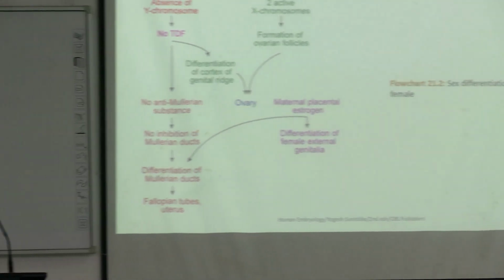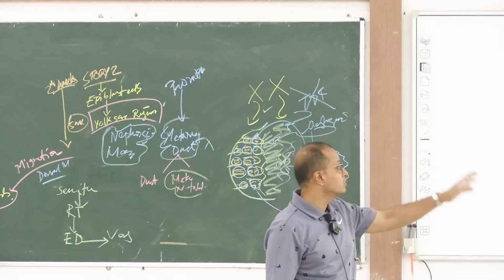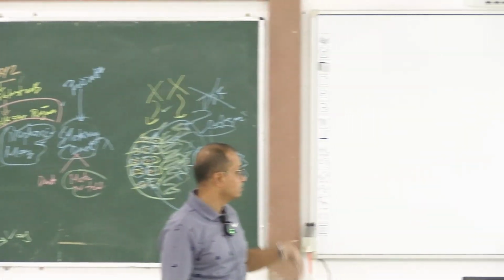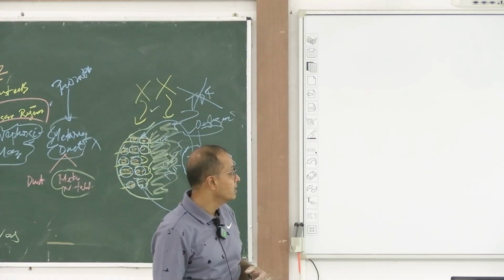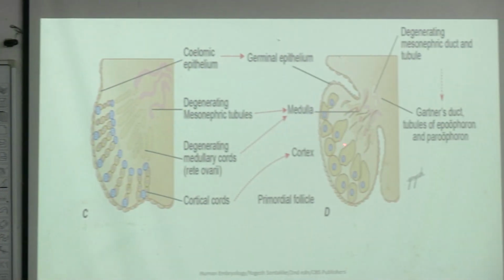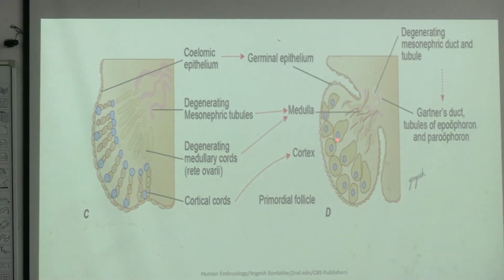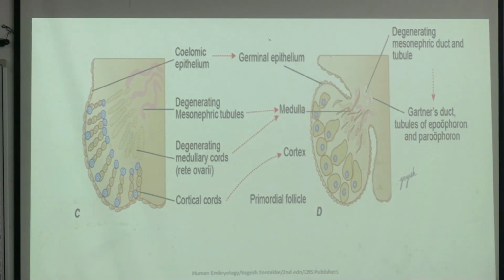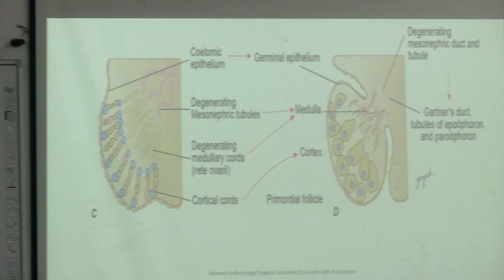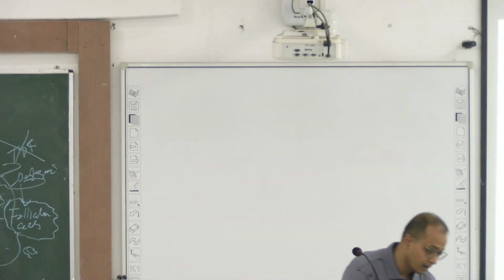No TDF, that means no testosterone, no dihydrotestosterone, no anti-mullerian substance. The story goes a different way, and this particular element behaves differently and creates this ovum. So this element, which you are seeing here, before these cords break down, forms this small ovum like this. We call them primordial oocytes. The cord cells surround this particular element and form cells we call follicular cells. So this is the whole story of the same undifferentiated gonad becoming testicles or becoming this particular element,